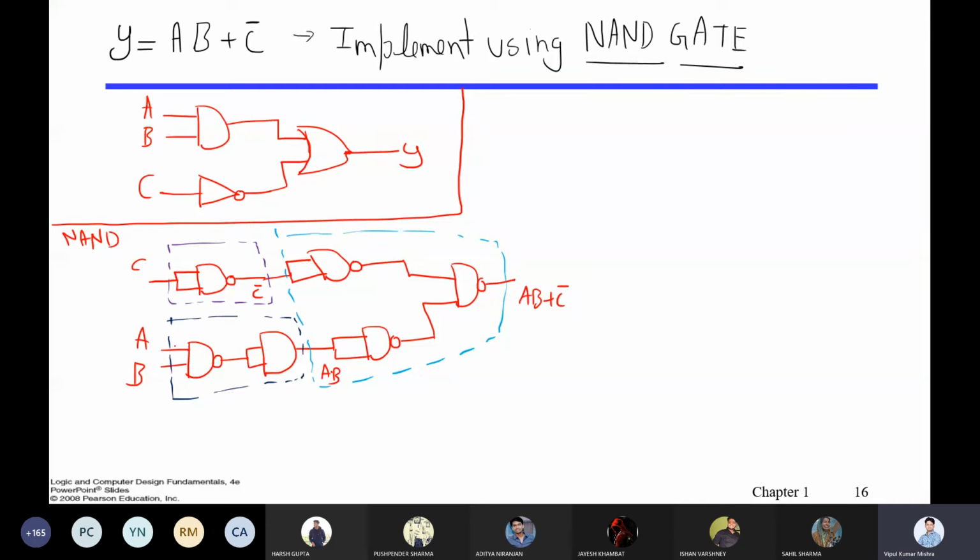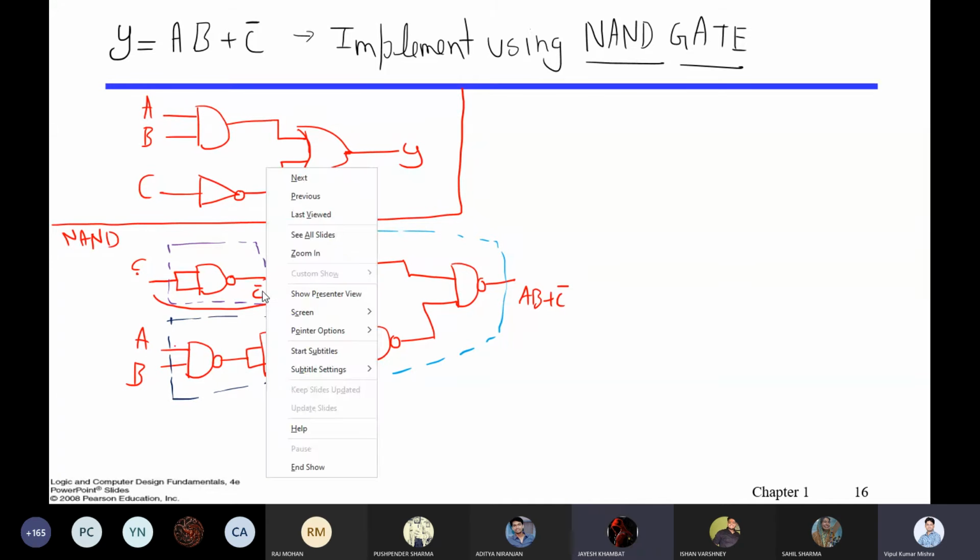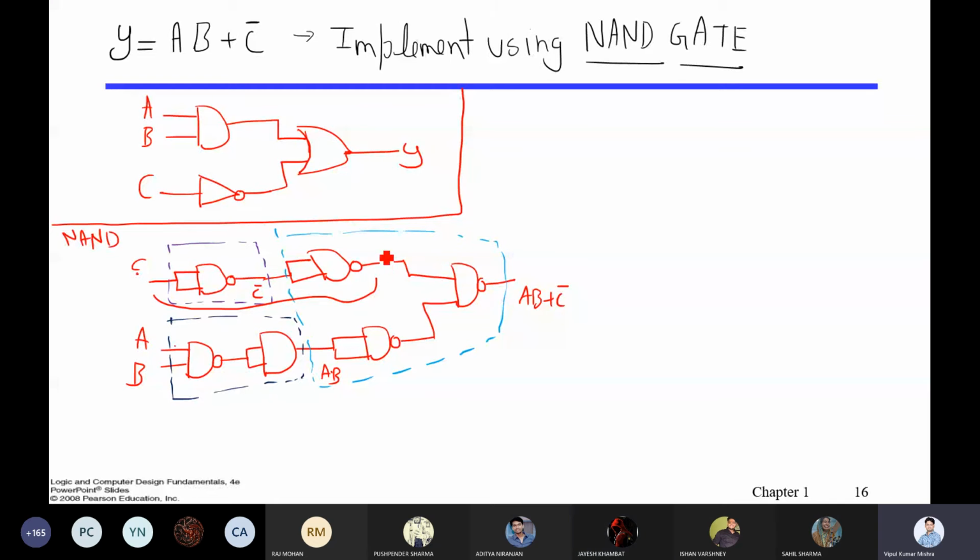Now let's look into the optimization side. Can we optimize this circuit? Can we make it a little shorter? So let's look into this entire circuit. First we'll look into the first pipeline, this one, the C1. Let me look into this first. What exactly happened from here to here? This C is converted directly, you see there. Exactly. And then C bar is converted into the C again. What about this?